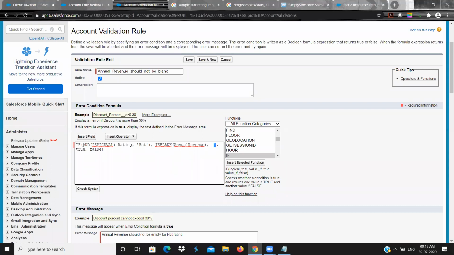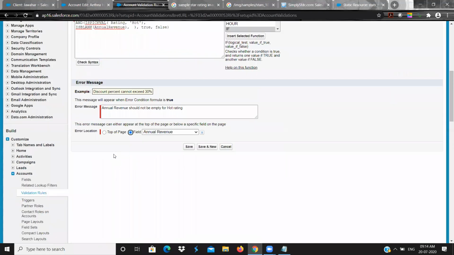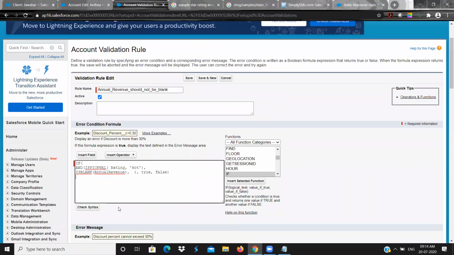Let me write it this way. AND, the first thing is open, second condition, and I'm going to give the third condition. The third condition, I know that it is a pick list, so it is ISPICKVAL of type.